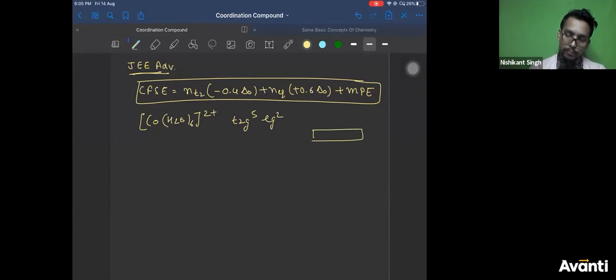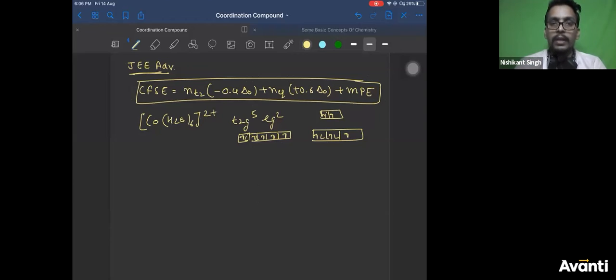You can write it like this also. Right? So for doing this, it will be given in the question. Don't worry, mean pairing energy will be given in the question. While doing mean pairing energy, you have to write the isolated metal atom's configuration also. 1, 2, 3, 4, 5, 6, 7. Correct? Now, if you write the CFSE of this, the number of electrons in T2G is 5 into minus